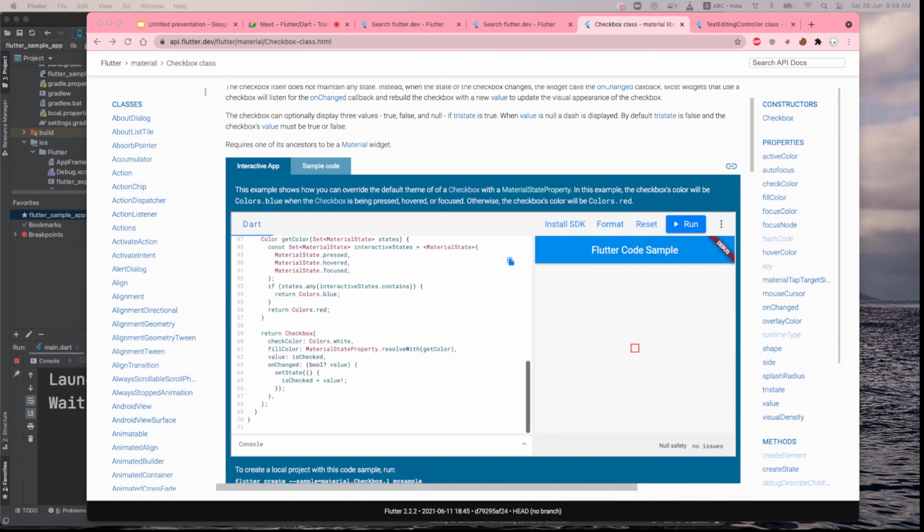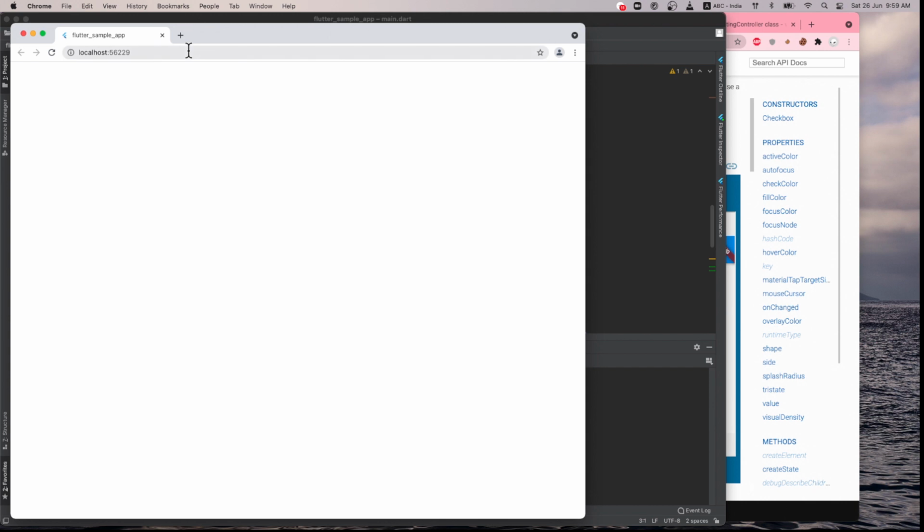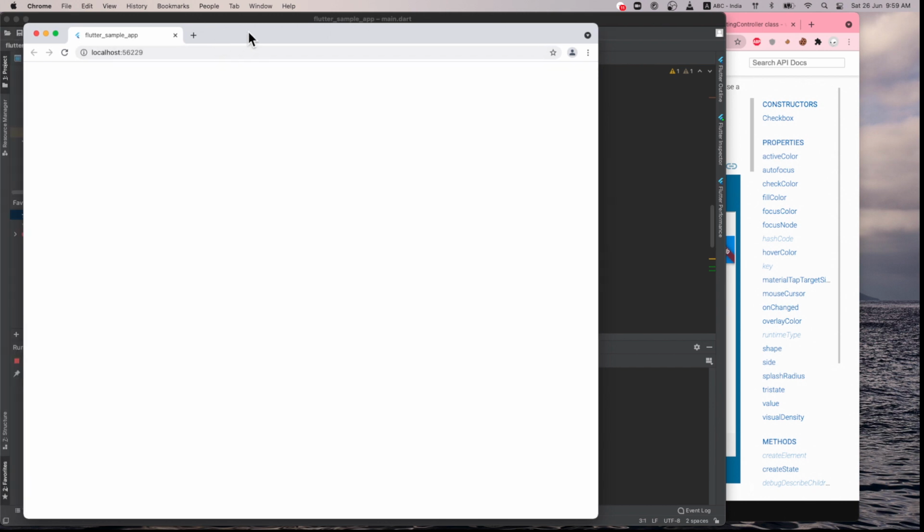Just trying to see if it is running. Is it running? Not yet running. It's still building. You can see, waiting for connection from debug. Now it runs. So you see here this application is coming.